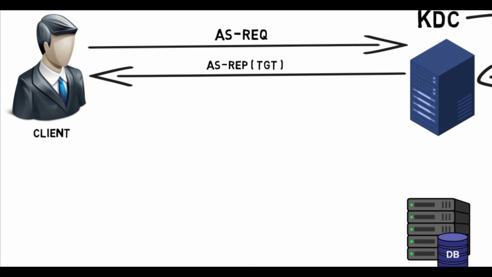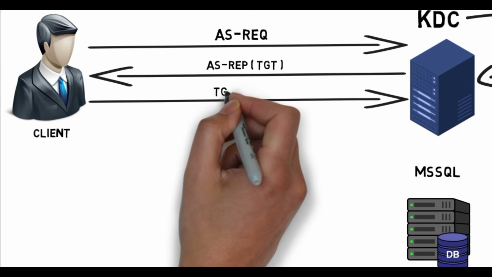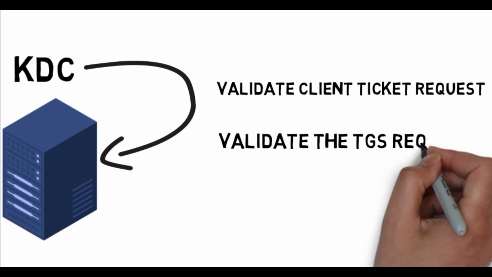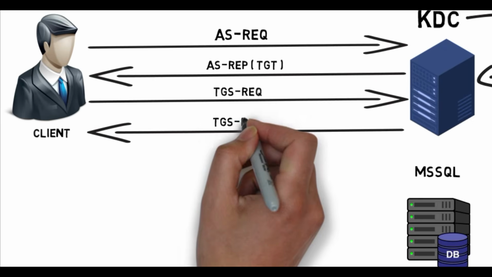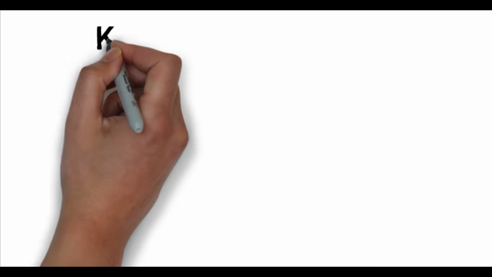Then, if we want to access a service like SMB or MSSQL, the client uses the TGT to request a service ticket, a TGS-REQ, from the KDC for the specified service. The KDC responds with the service ticket, TGS-REP, which the client uses to authenticate to the requested service. While Kerberos is secure,